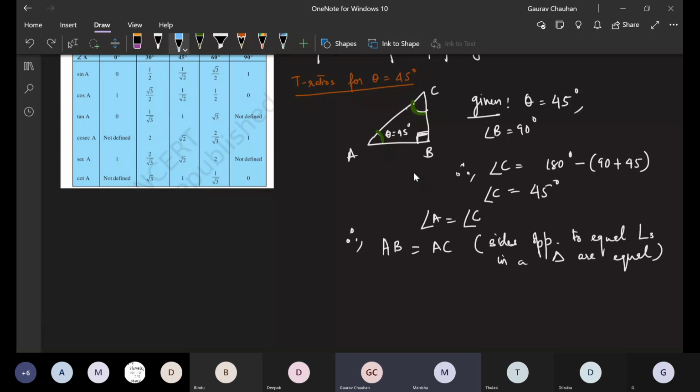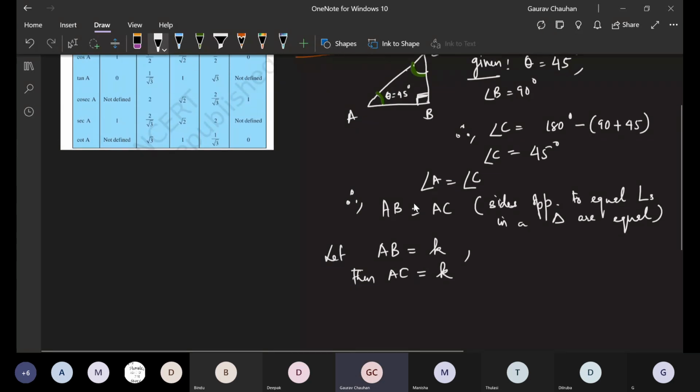Okay, so AB is equal to BC. Now, after we have established this, I'm going to do this. Same triangle, no need to redraw. Let AB be equal to small k. What will BC be equal to, Manisha? BC will also be equal to k. Everyone good? Because AB and BC are equal.